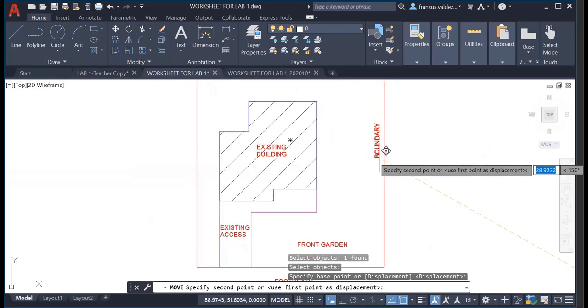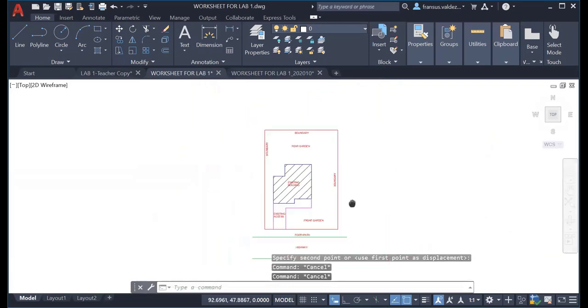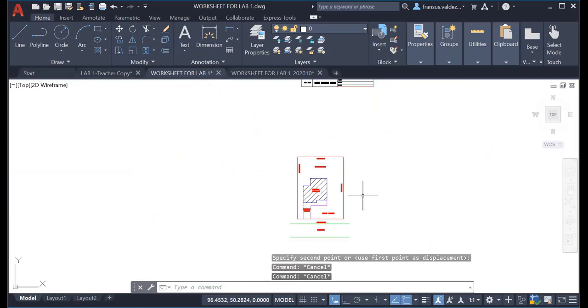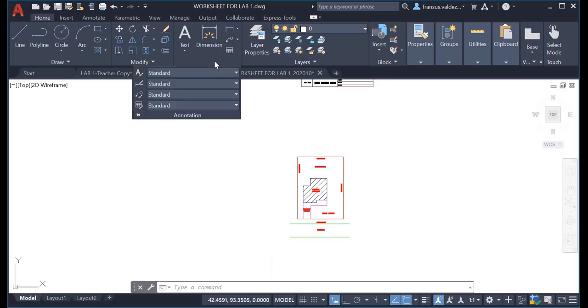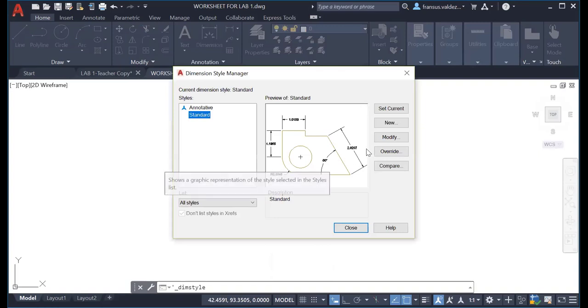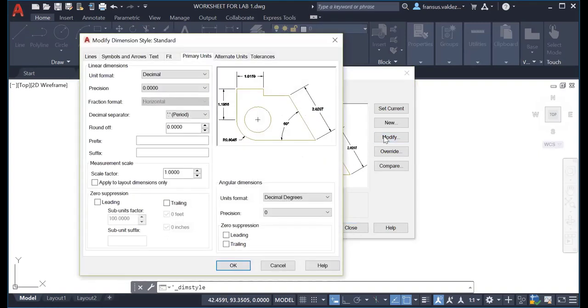Yeah, so it's there. All right, now the next thing we can do is the annotations or the dimension. We go to the dimension. Now look at this one here. In the dimension, you click this one here, the dimension style, so that we can modify it, because this is not modified. So we modify it. We highlight this one here,